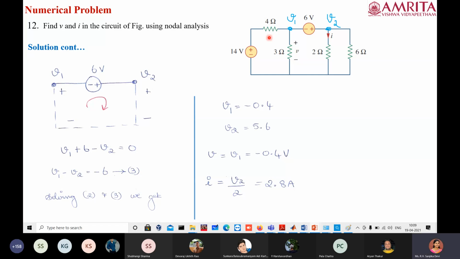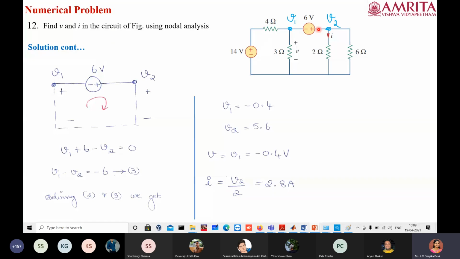What if there is a series element with the 6 volt? So in that case, can we write a super node here? Can we treat this as a super node? If we have resistance in series to the 6 volt, can we write what is the current in this particular branch? Yes, ma'am, we can. So yes, you can write the current because you have the resistance in this branch, right? So in that case, there will not be any super node.